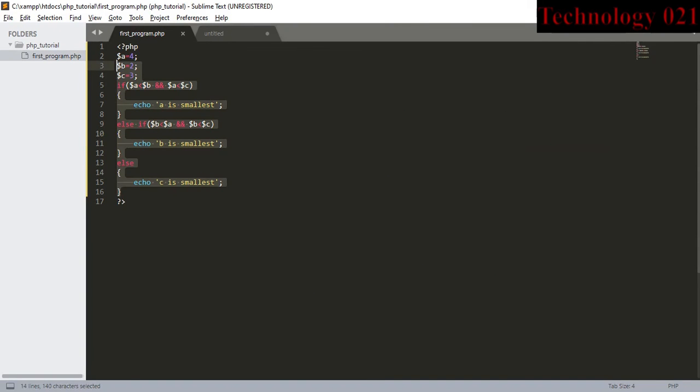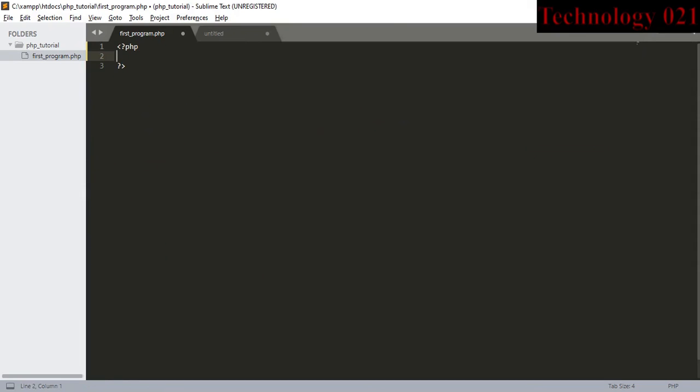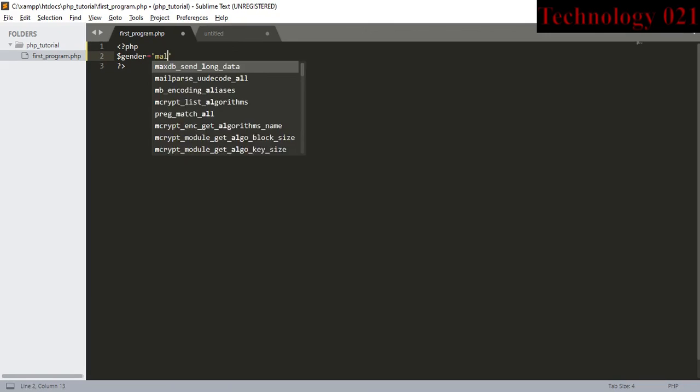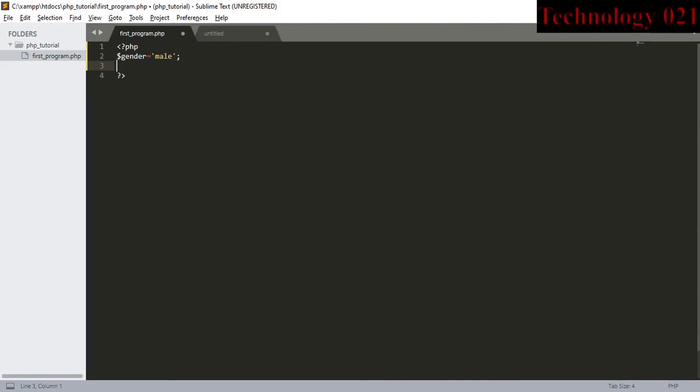So I want to print the boys who are adults. So I will give here gender equal to male and age is equal to 20. So to be an adult male,